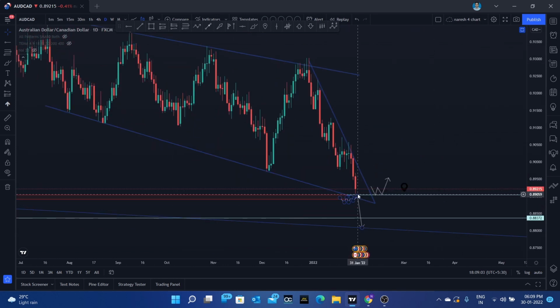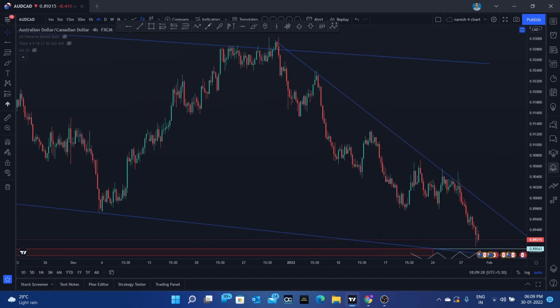So again, if it is consolidating here, and if it is breaking down, you can go for a lower target of this point. And if it is consolidating and breaking up, you can go for very good entries, guys, because we are having a higher potential. Again, the price can come up to this area or even this area. So in the upside, we are having large potential. So wait for the price to consolidate, guys.